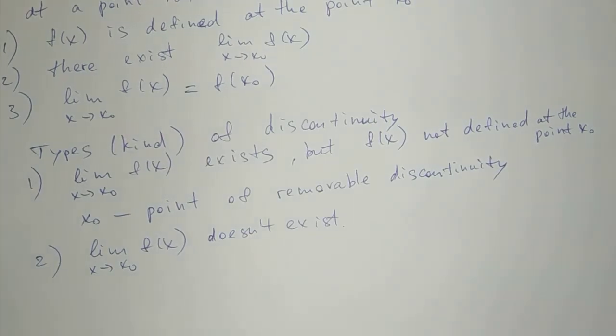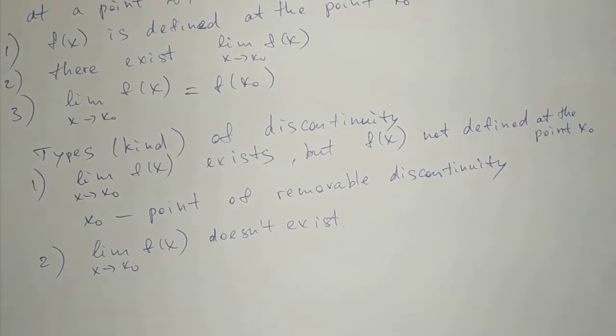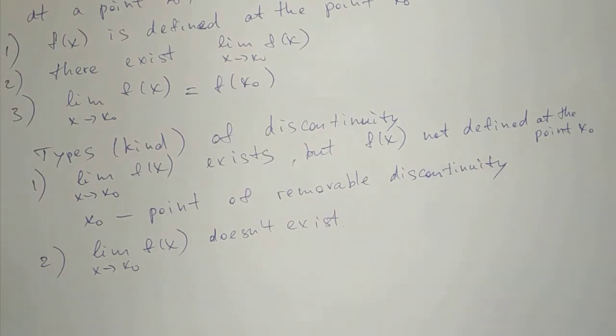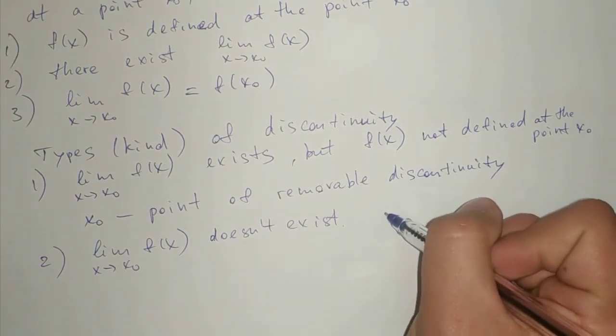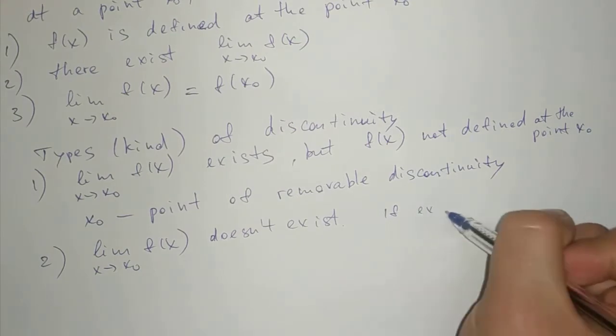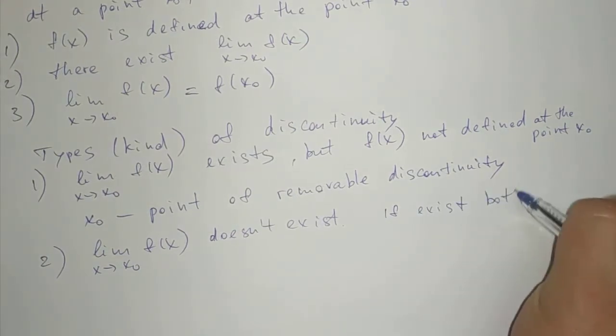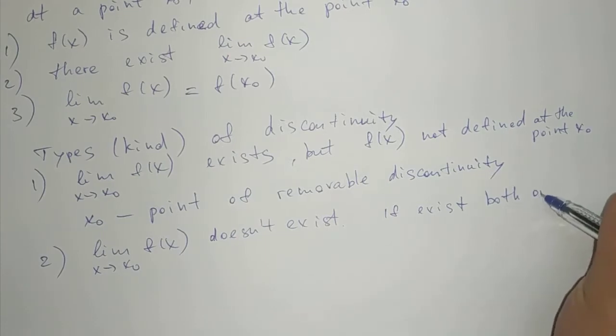So we have two types in this case. If both one-sided limits exist,